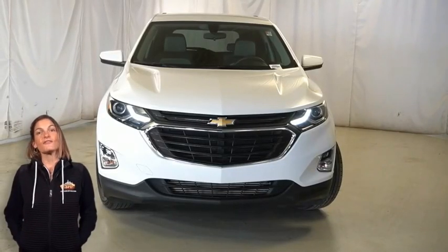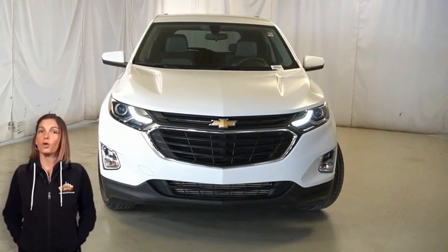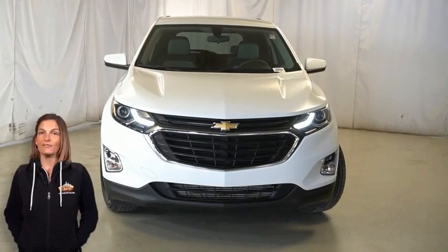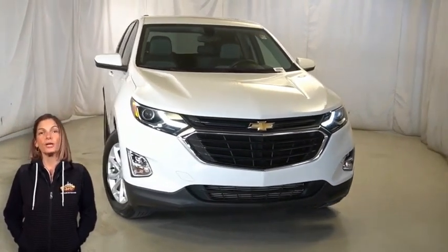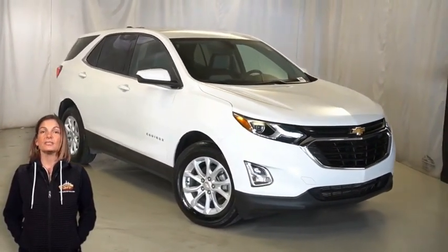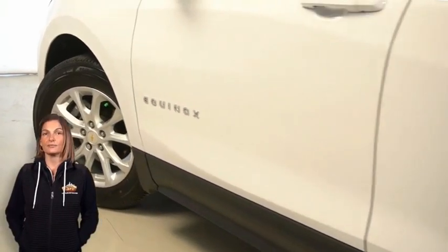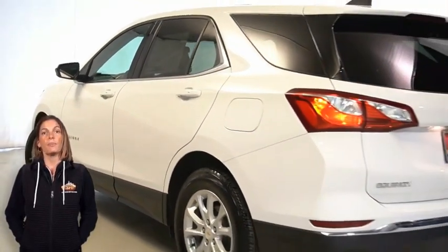If you're looking for a functional, compact SUV with reliability and safety for the whole family, then take a look at this 2018 Chevy Equinox LT in Summit White. With fully automatic headlamps, front fog lamps, 17-inch aluminum wheels, power heated mirrors, rear window wiper and washer, power adjustable